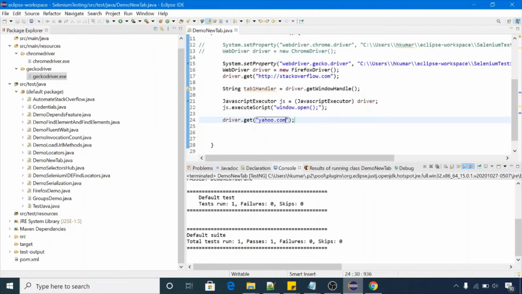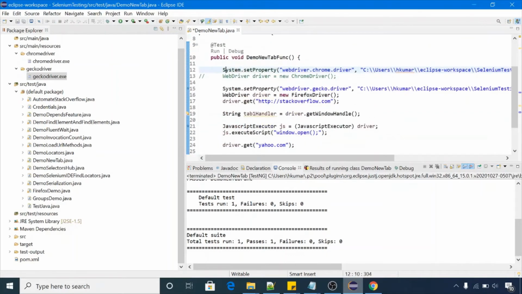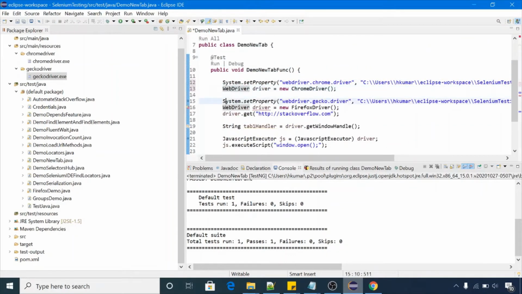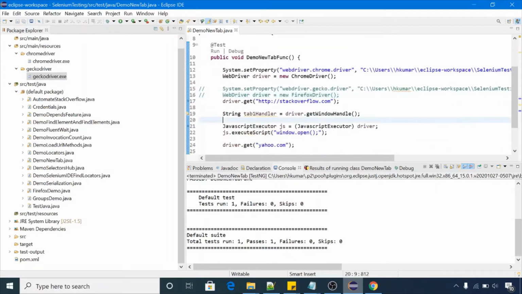As per the code sequence, driver.get should open yahoo.com on the new tab, but it will not behave like that. Let me show you. We will use the Chrome browser here and debug this script, the demo new tab.java.